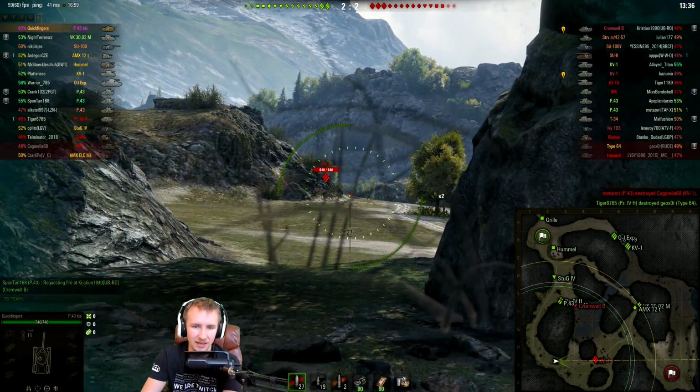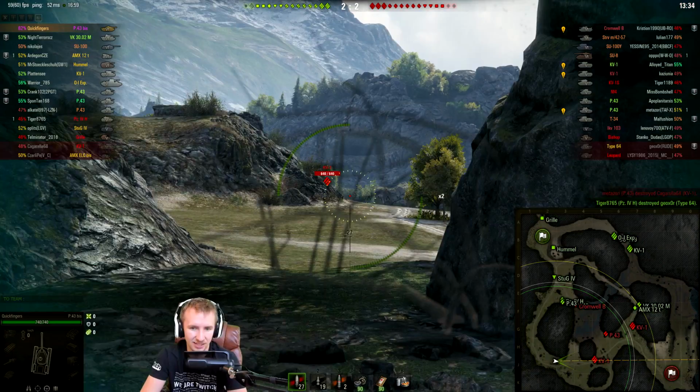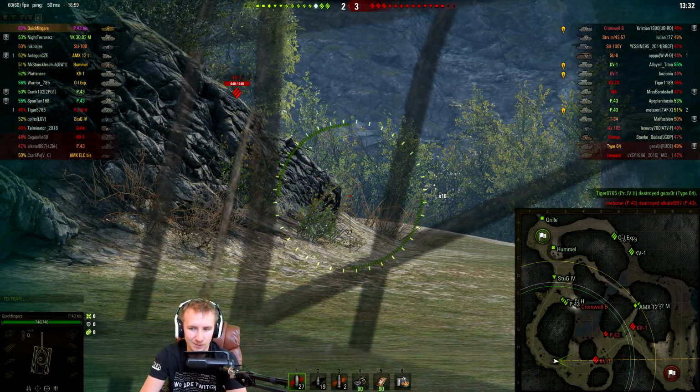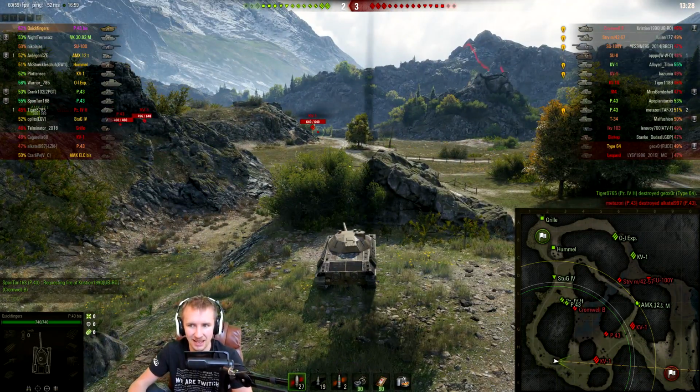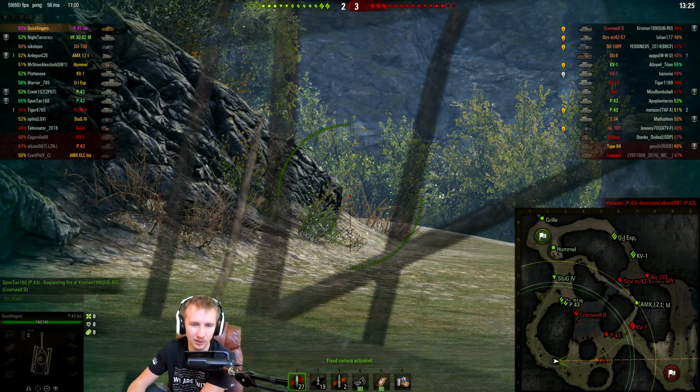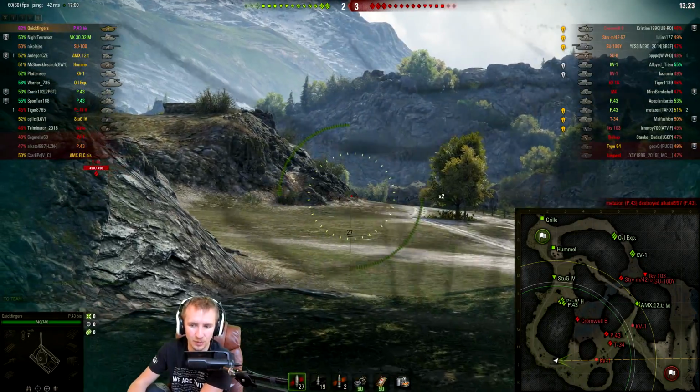Just look at what we're going to do here to this tier 5 Soviet heavy tank when we manage to get ourselves into position. Is he trying to blind fire around the corner? Maybe he thinks that he's been spotted by the bushes over here. Bit of a sneaky sausage anyway. I just want him to come a little bit further around, and then we're going to slap him with this